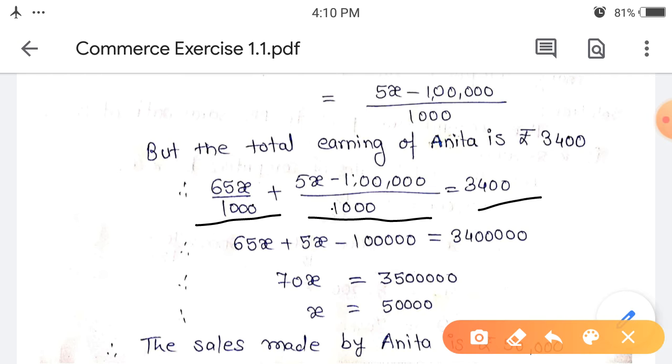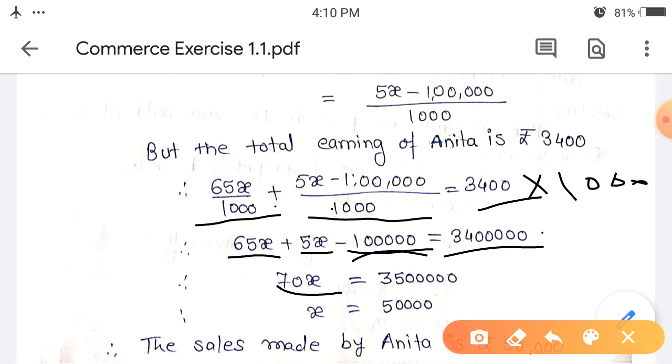So your denominator is common. That common denominator will shift to the RHS, isn't it? So we'll get this term, and the remaining terms are 65x plus 5x minus 1 lakh. Okay, so 65x plus 5x will be 70x. This 1 lakh will shift here. This minus becomes plus. 34 plus 1 will be 35. Done. So we'll get here